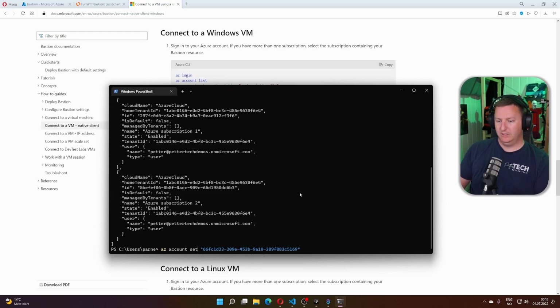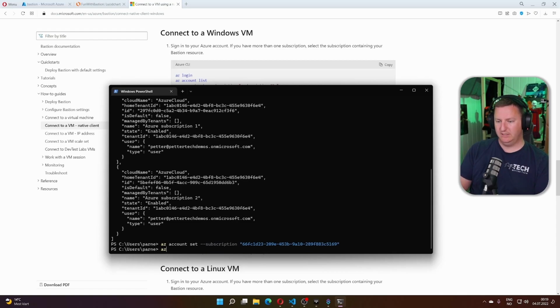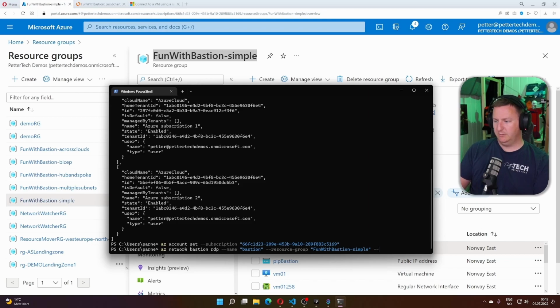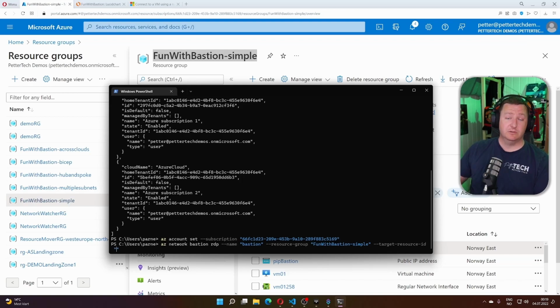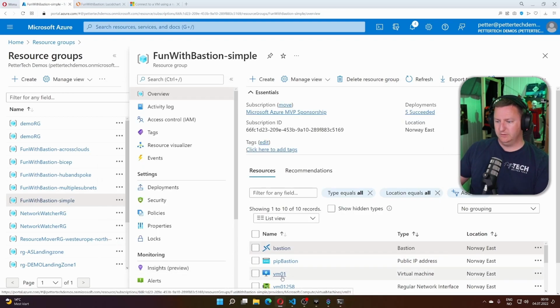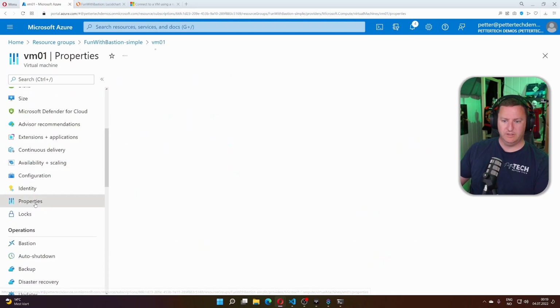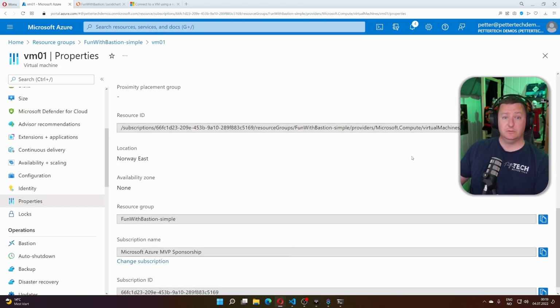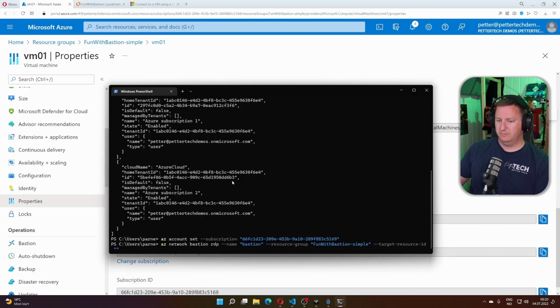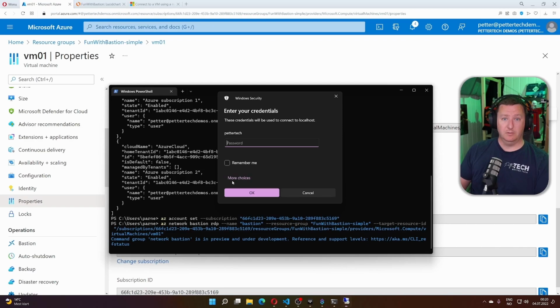We will need to do az account set --subscription, and then we do az network bastion rdp, and then --name would be our Bastion host, which in this case is just Bastion, then --resource-group, paste the resource group in there, then we have the --target-resource-id. And here we need the resource ID for our VM. So back into the portal, we'll select our VM, scroll on down to properties, scroll way down to resource ID, hit copy to clipboard, back to the terminal, paste it in, hit enter, and it's firing up the remote desktop